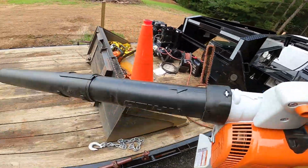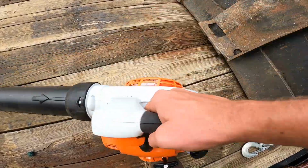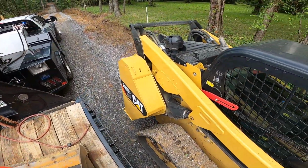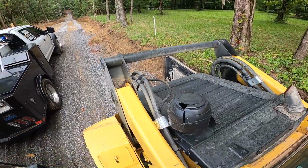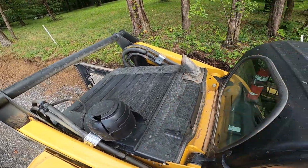Nice. So this is a Stihl BG86C. It was very expensive for what it was, but not as expensive as the backpack. But it gets tiring when you're trying to blow that off, and you've got long arms, and you have to hold them way back here to try to clean it off. But anyway,